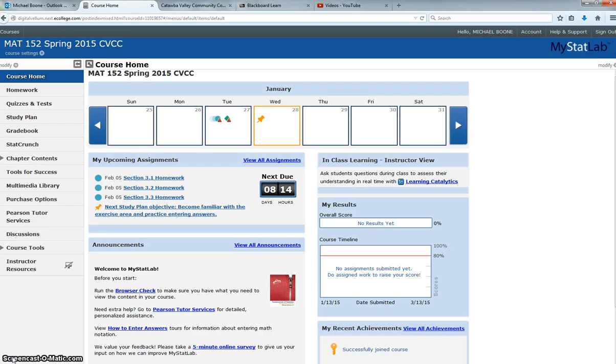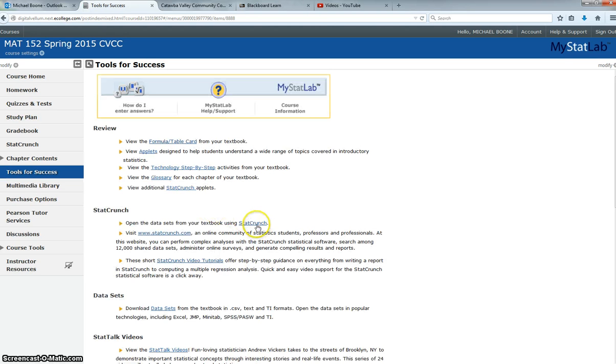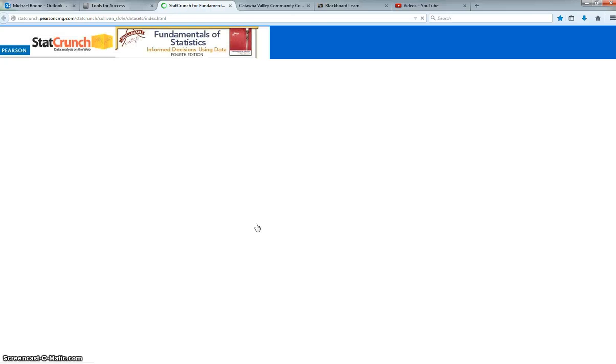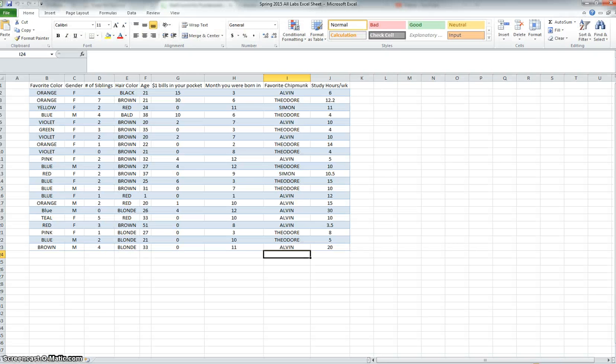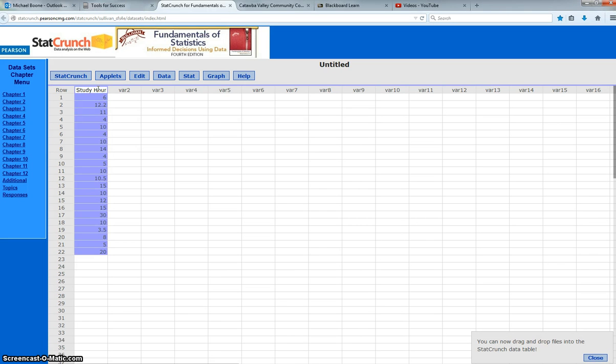Alright guys, so chapter 3, the first two sections, let's explore how to find out some of that information by using StatCrunch. I'm going to go ahead and open up StatCrunch. And I have our data that we had before just so I have something. So here is the study hours per week. I'm going to copy, Control C,